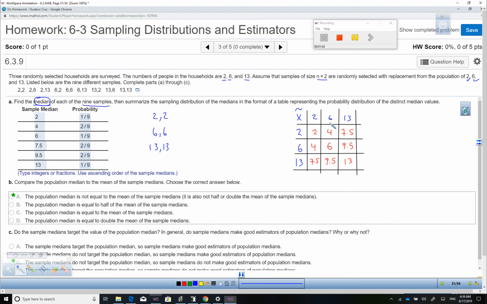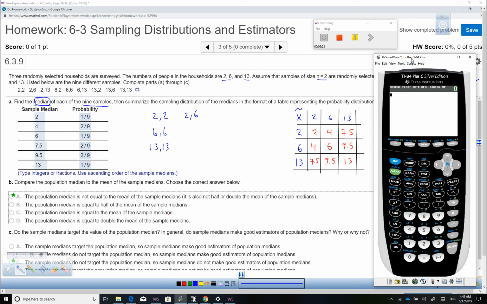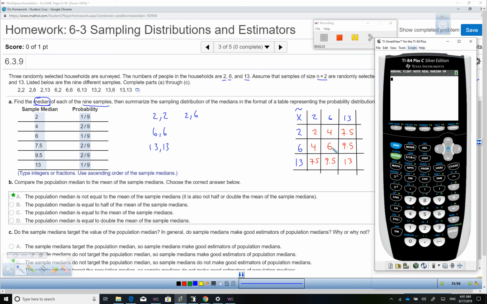And for this group 2, 6, again, when you have only 2 elements in the sample, the median is the same as the mean of these 2 elements. So 2 plus 6 is 8, divided by 2 is 4, and you can continue filling out this table in that way. There is an option on the calculator to find the mean of each one of the samples if you want to do it on the calculator,